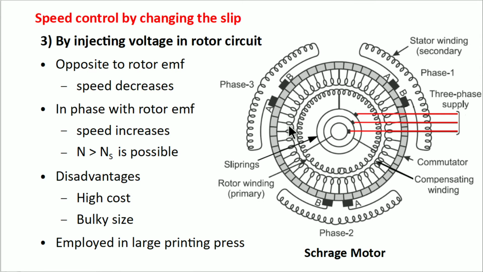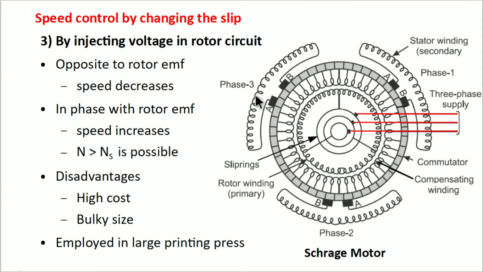At the same time, the EMF will be induced in this compensating winding also, which is rotating along with the primary winding. This EMF can be fed to these rotor windings which are placed on the stator in this case. If we move A and B away from each other, the EMF goes on increasing. And if we move A on this side of B and B on this side of A, then the current direction will be reversed.